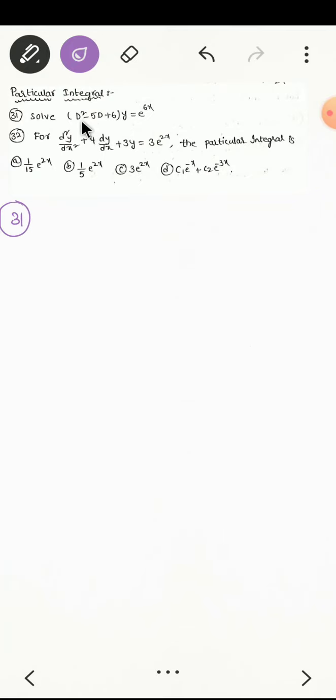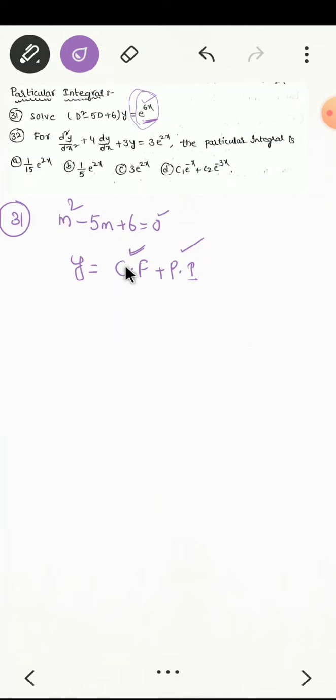What they are saying: D square minus 5D plus 6 is nothing but the auxiliary equation, m square minus 5m plus 6 equal to 0 actually. So here we have e raised to power 6x. So the complete solution for y can be given as complementary function plus particular integral. Initially, complementary function was the only answer because there was 0 on that side, but now it is complementary function plus particular integral. Why? Because you have got one more function on that side. So you have to find both and add them up in order to get the solution for y. Hope you are getting it.